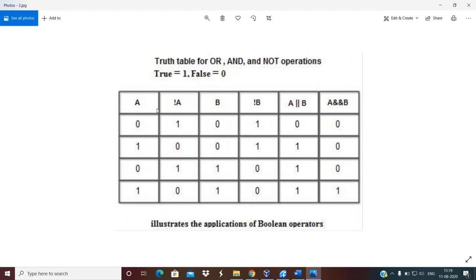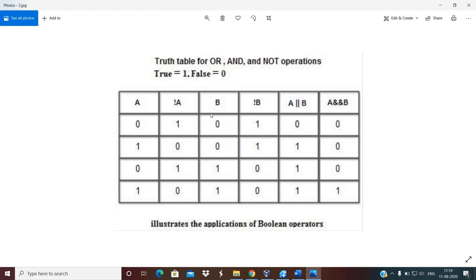Right. So suppose you have a variable called A whose possible values in binary are 0 1 0 1, and you have B as 0 0 1 1. So A has 0 1 0 1 and not of A will be 1 0 1 0.